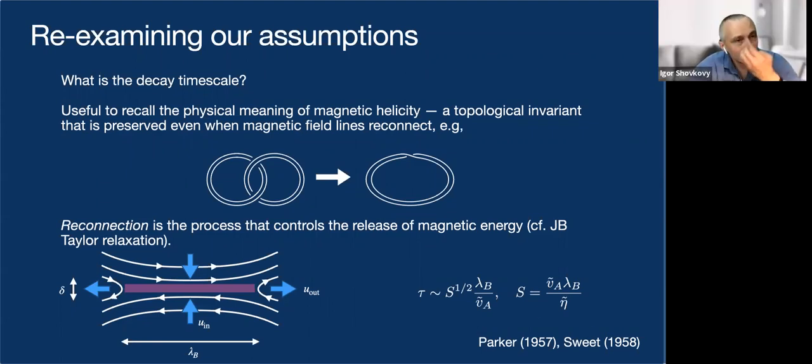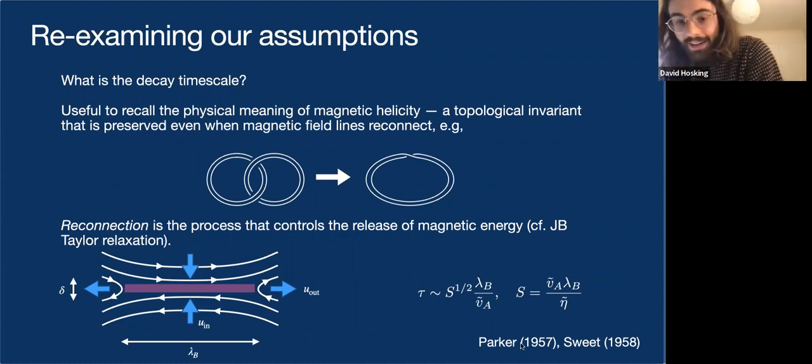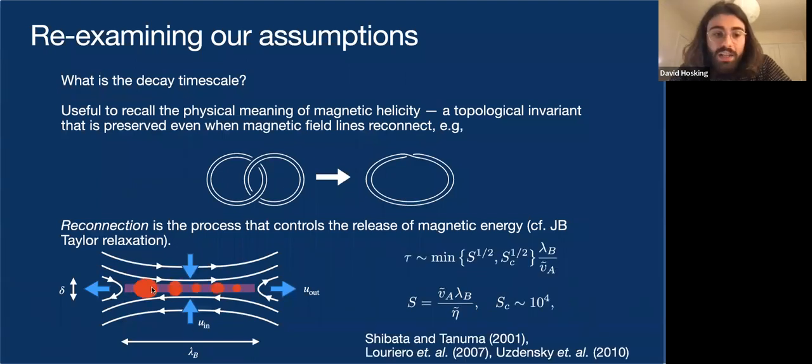Right. So this is the picture here. This is the theory of Sweet and Parker, where you have reconnection, but it's slow in the sense that it depends on the magnetic diffusivity of the medium. Now, it was later realized that the current sheets formed as part of the Sweet-Parker theory are actually unstable structures. They're unstable to a resistive instability called the plasmoid instability, which was, I think, discovered by Shibata and Tanuma, and